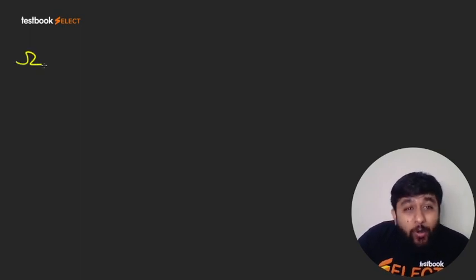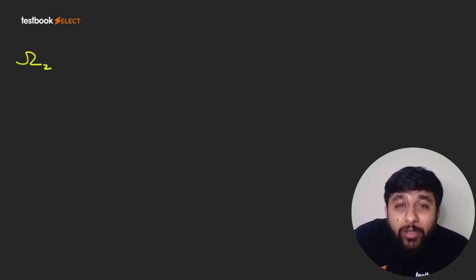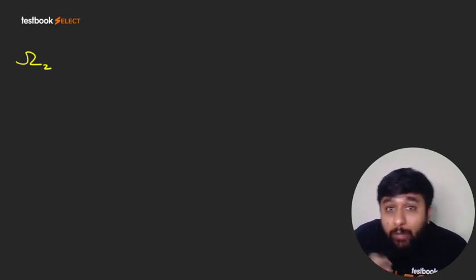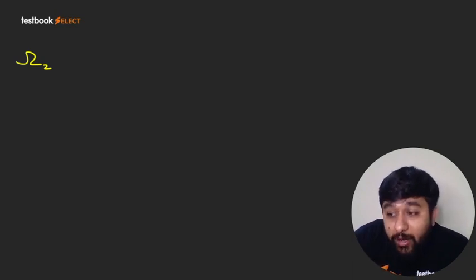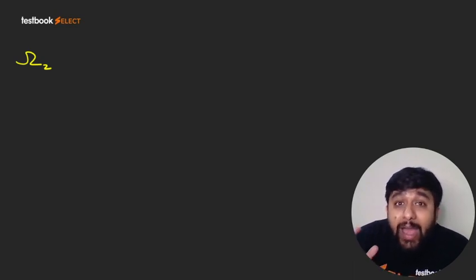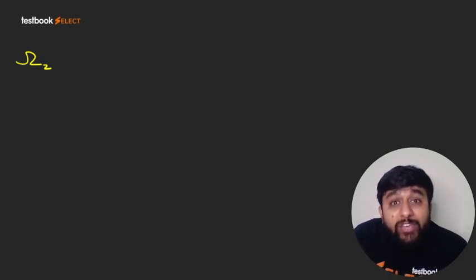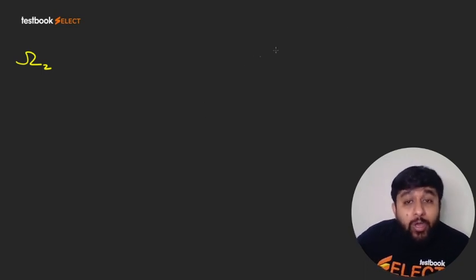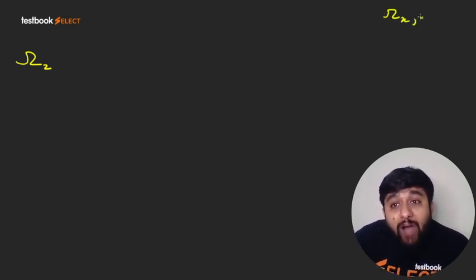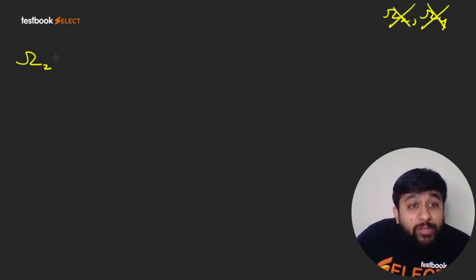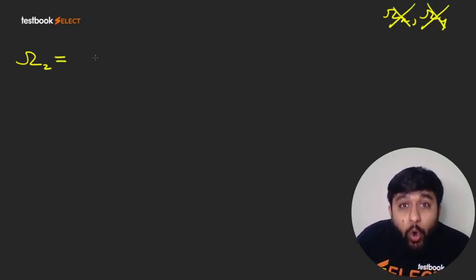So obviously I hope you remember. Since we are talking of only 2D planar flow, we are defining the stream function for 2D planar flow. So the W component of velocity will not be there. And secondly, U and V are not a function of Z. So when U and V are not a function of Z and W is 0 in the entire flow, ohm x and ohm y are directly 0. So no need to check them. There will be only one vorticity in the flow, that is ohm z.